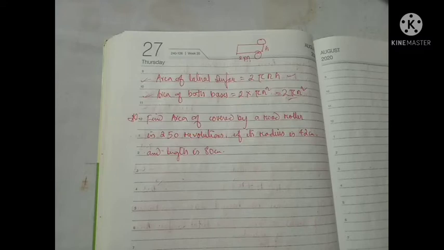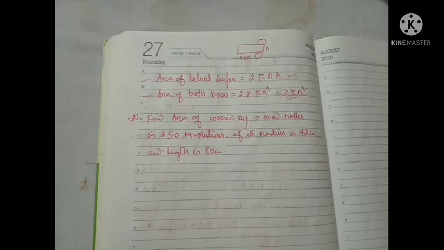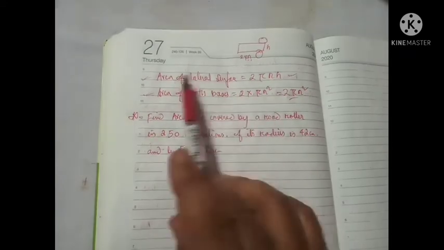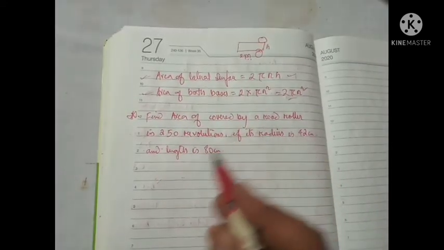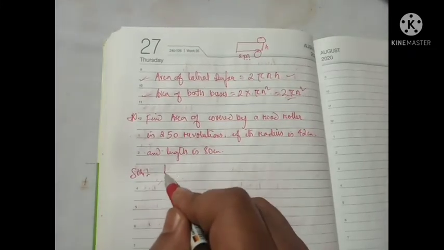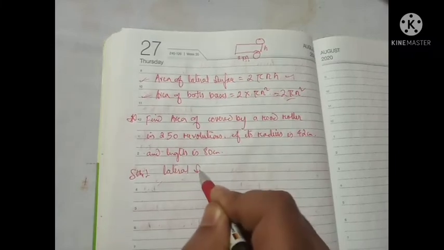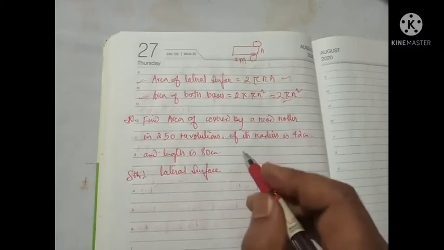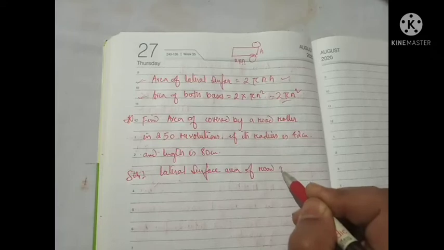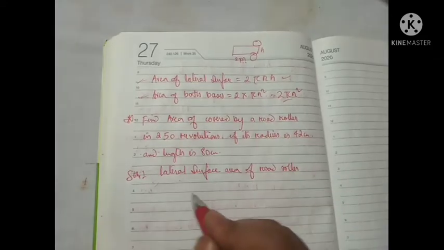When a wheel is rotated, it covers a distance equal to the circumference in one rotation. Similarly, the area covered by a rolling cylinder in one revolution is equal to the lateral surface area. So in this case we apply the formula of the area of the lateral surface. Solution: the lateral surface area of the road roller